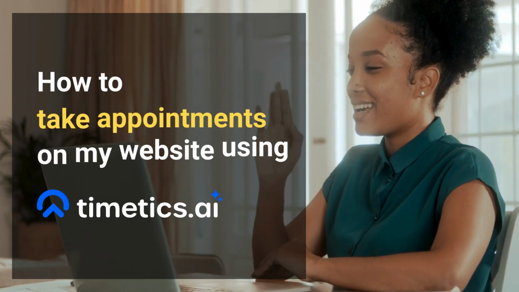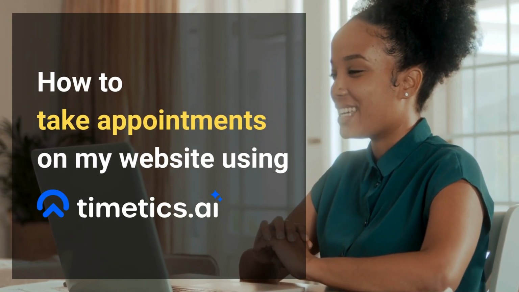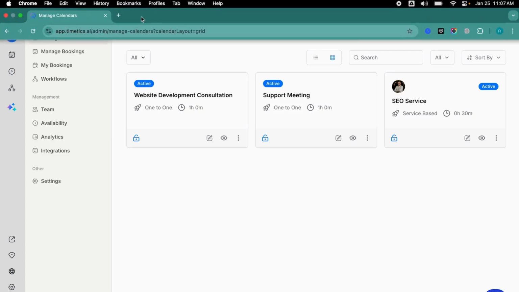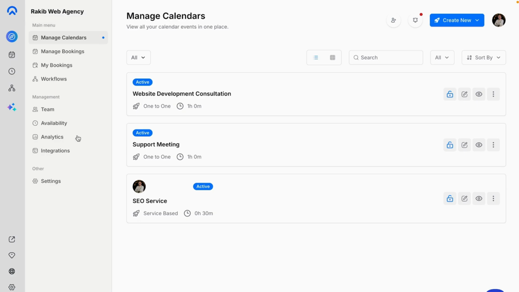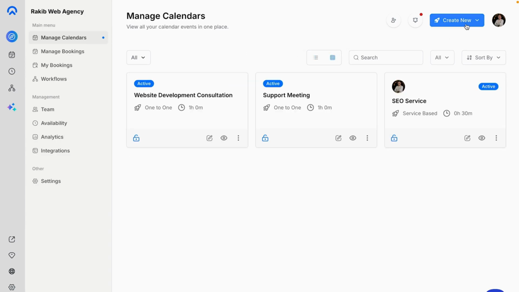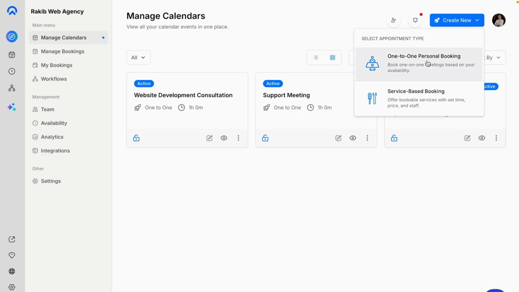Let's see how we can create one-to-one personal bookings using Timetics AI. So first of all, we'll go to app.timetics.ai, or if you're already inside it, you can just click on manage calendars and you'll land on this page. Now from here, we can click on create new, and you'll see the one-to-one personal